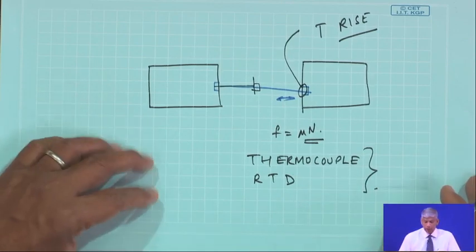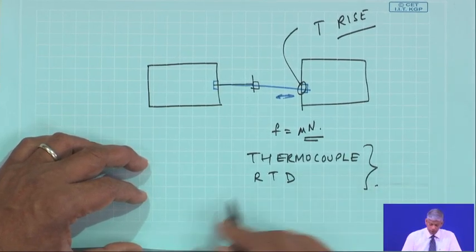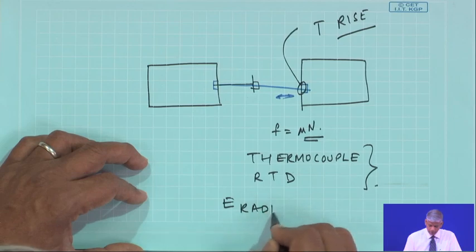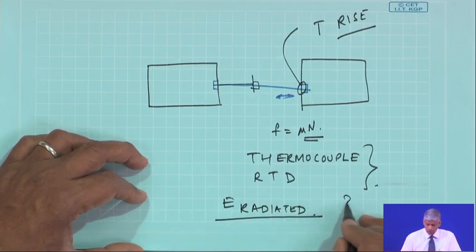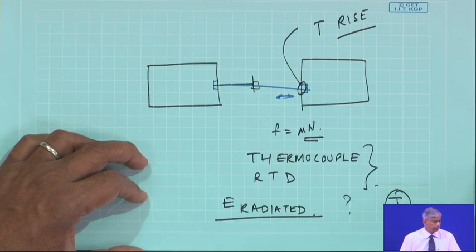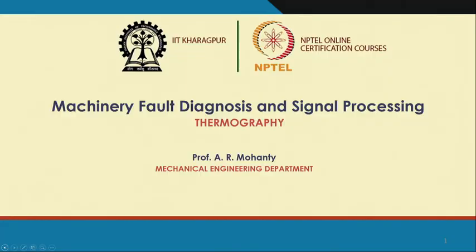Rather, there is another method by which we can measure the temperature, because thermal energy will be radiated. So, if we can somehow measure this radiated energy, we can get a clue as to what the surface temperature is, and that is essentially what we are going to talk about in today's lecture on